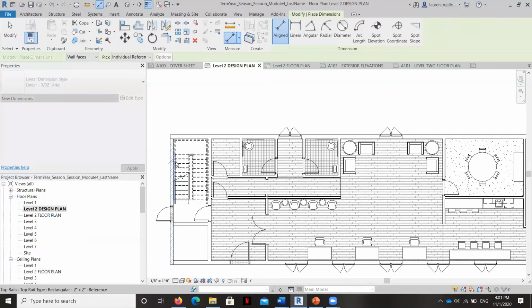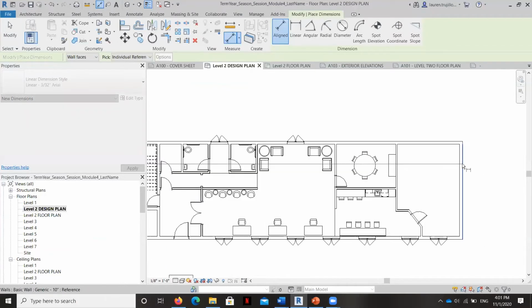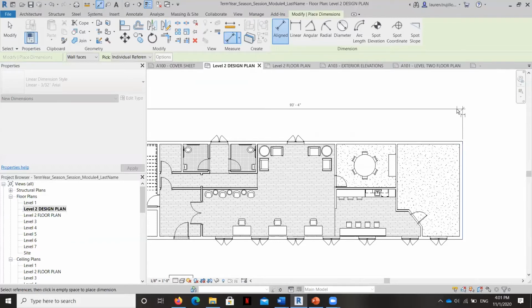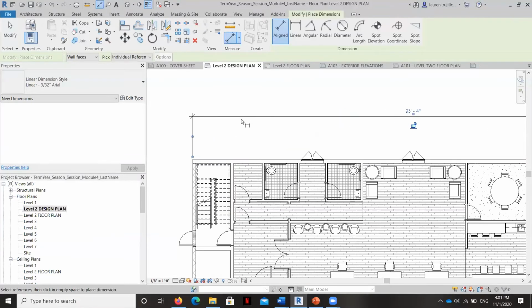So I'm going to go from this wall face all the way over to this wall face. So click number 2 here, and then I'm going to drag it up and do my third click there. Okay, now I may want to go ahead and do center line to center line. So I'm going to still start with the exterior wall, and then I'm going to switch to a center line.